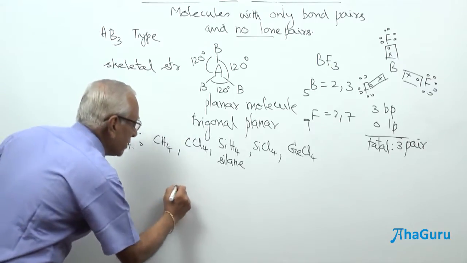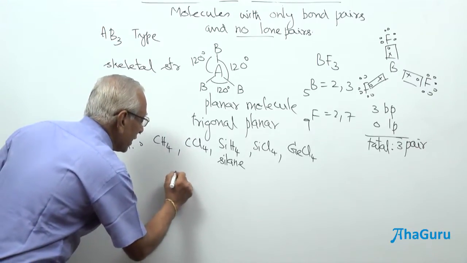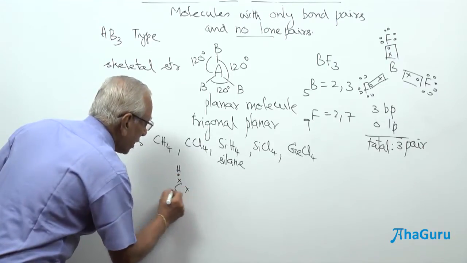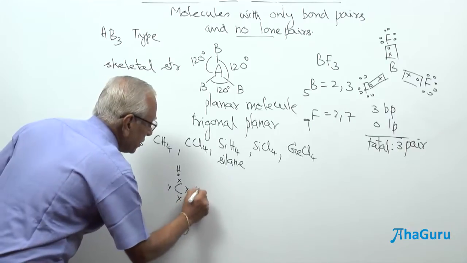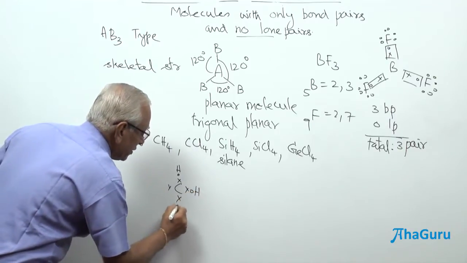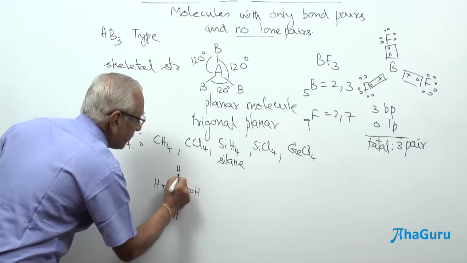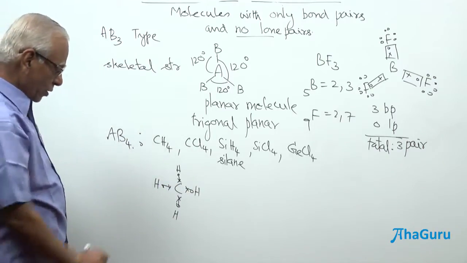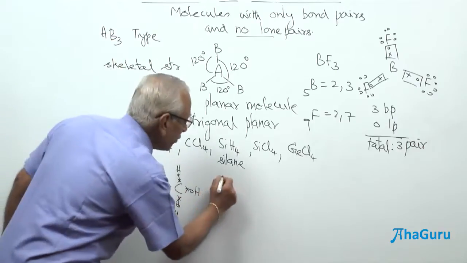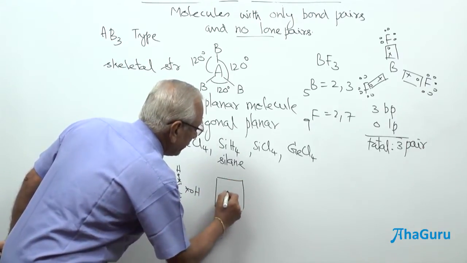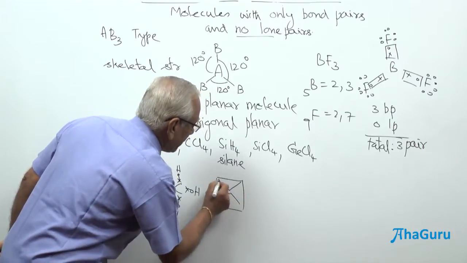Let me take methane molecule. We know methane has got the 4 hydrogen atoms, and carbon has got 4 electrons, and each hydrogen atom shares with 1 electron of carbon. So, there are going to be 4 bond pairs here and no lone pair. How would you distribute the 4 pairs of electrons? My dear students, can you tell me whether it could be distributed this way?